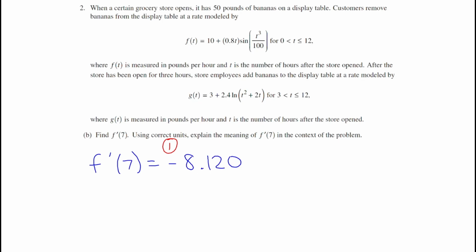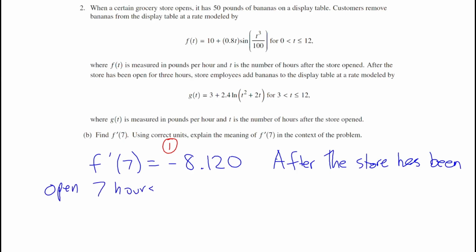And so, well, it's the derivative of f. And f is the rate at which the bananas are being removed from the display table. So the derivative is the rate of change at which those bananas are being removed. So what we'll say is at t equals 7, or even better maybe saying something like after the store has been open 7 hours, that'd be even better maybe. After the store has been open 7 hours, the customers are removing,